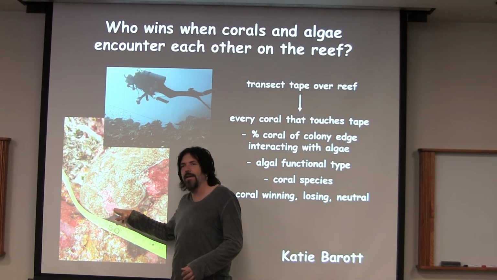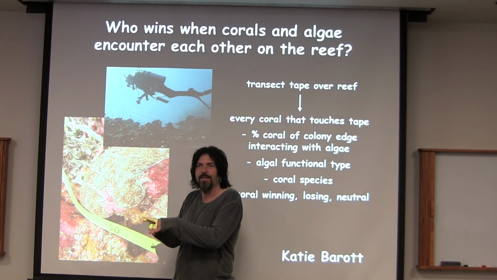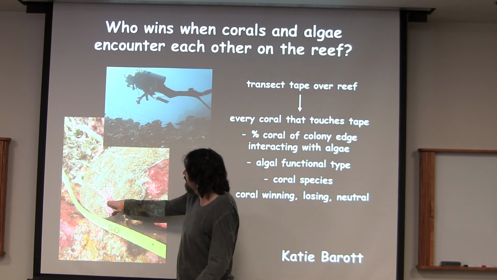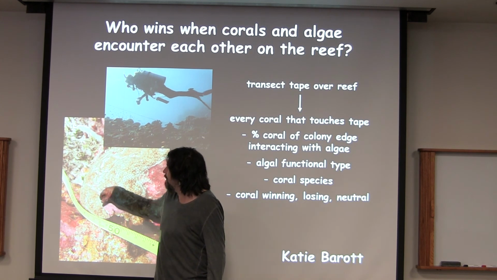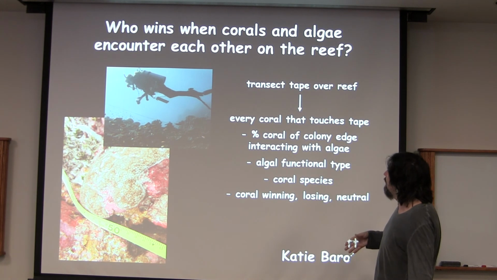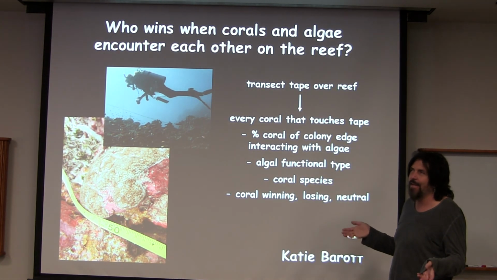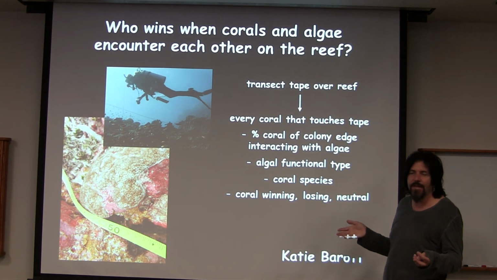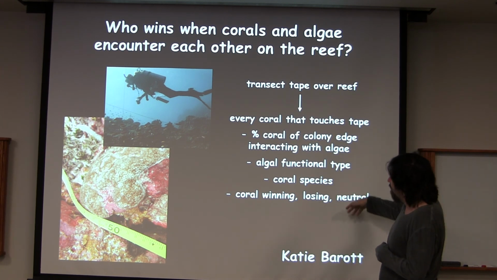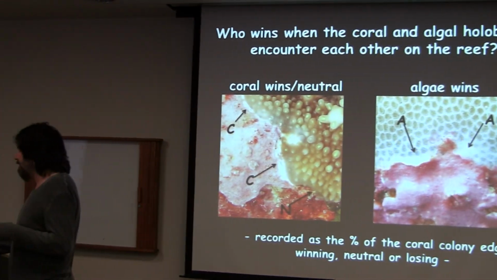And it looks like the CCA is, in this case, neutral. So they seem to be just talking to each other, but the coral doesn't seem to be losing, and the CCA doesn't seem to be losing. And then we guesstimate how much of the interaction is due to the CCA and how much was due to the different algae and so forth. And it's actually not so bad. It takes about an hour underwater to do maybe 10 meters of this stuff. So it takes a long time, but it's not horrible to do. And these are the things we record, and then we take those back and, oh, this is just